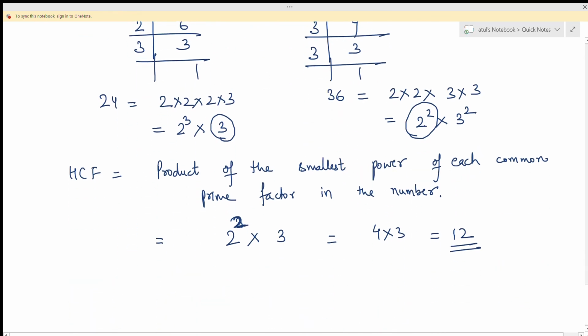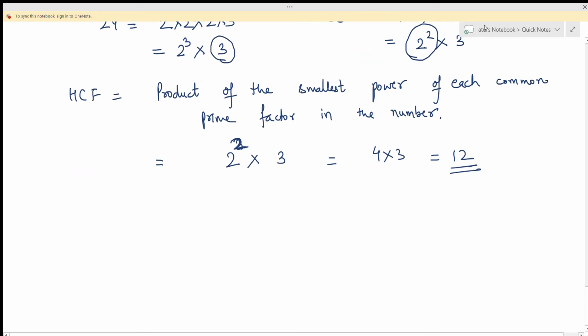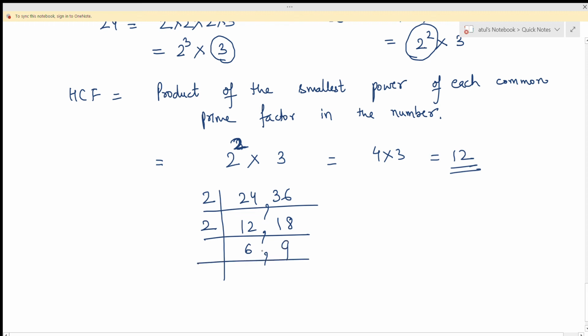Now there is another way of finding it. I used separate ways to find the prime factors of 24 separately, 36 separately. I can also find that in a common prime factorization ladder. So how will I do this? Again, both are divisible by 2, 12 and 18. Now again both are divisible by 2, 6, 9. Now they both are divisible by 3. So 2, 3. Now these two numbers do not have any common factor except 1. Here I will stop. So in finding HCF, you continue till the numbers have a common factor. If they do not have any common factor, you have to stop at that time.